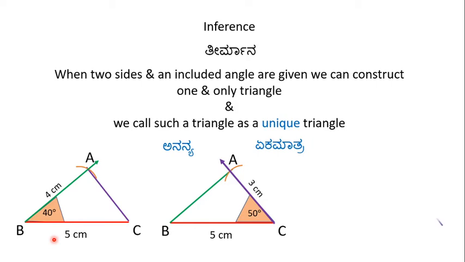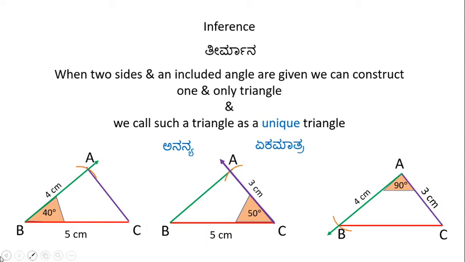Or in the third case, they can give us the length of AC as 3 centimeter, the angle A is 90 degrees, and the length of AB can be given as 4 centimeter. Once you join BC, you are going to get a unique triangle. In other words,